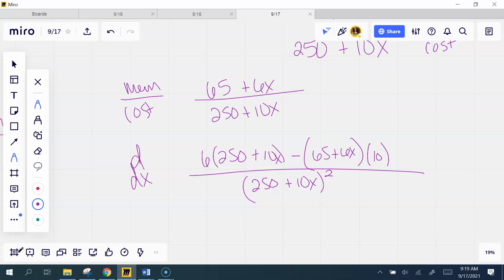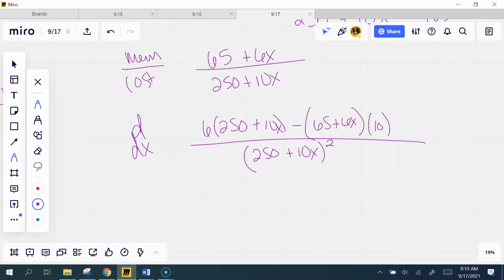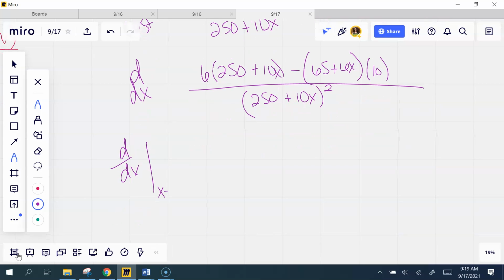Especially if I'm using a number like 0 or 1. What do you get if you do 0? If you do the derivative at X equals 0, so current, because that was my current information. That would be 6 times 250 minus,